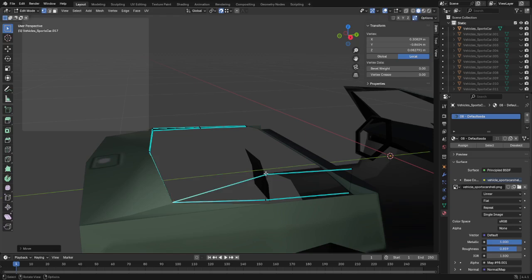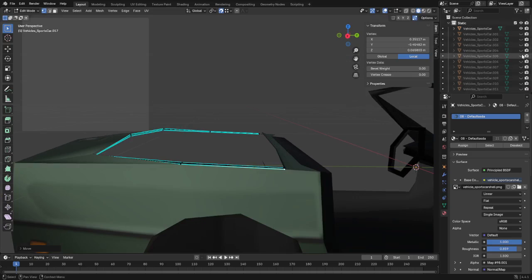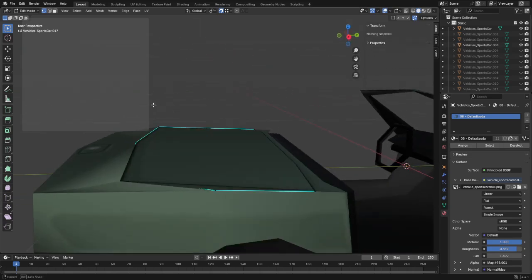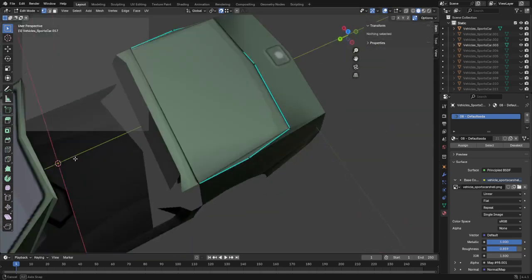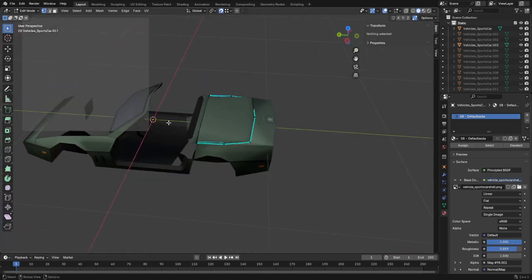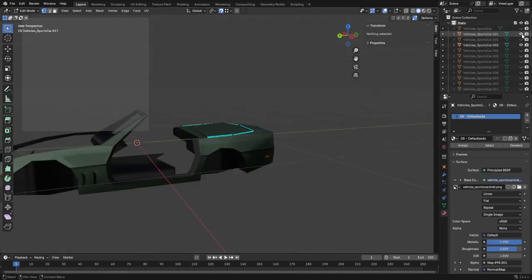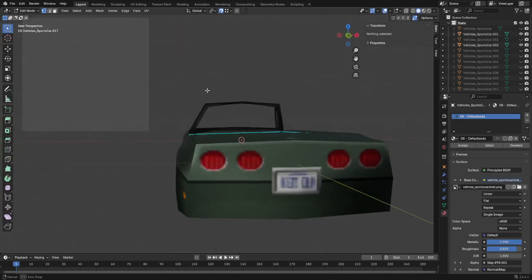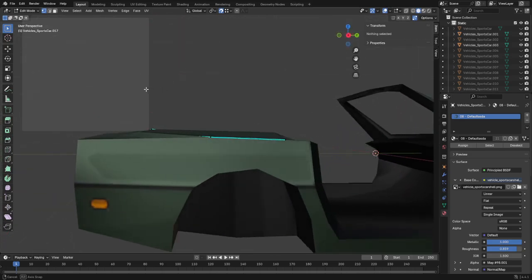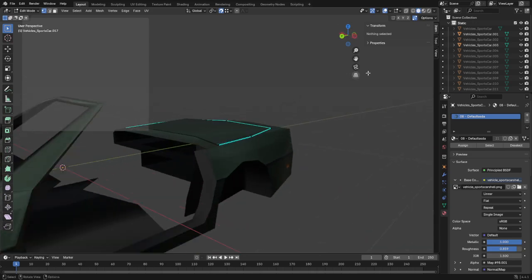Let's weld it like that. Okay, that looks nice. That does look nice. Okay,